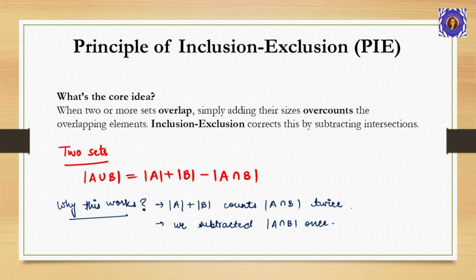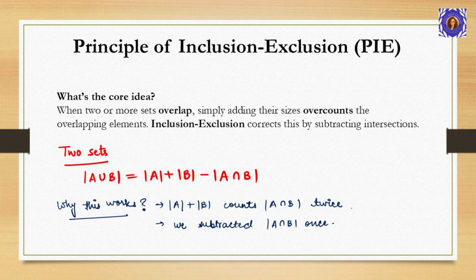In today's video, we are going to have a discussion on the principle of inclusion-exclusion, one of the most fundamental counting techniques in discrete mathematics. Imagine you are at a university event where students are surveyed about their favorite subjects. Some students love mathematics, others prefer physics, and many enjoy both.